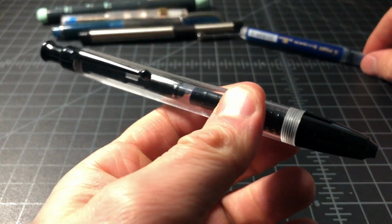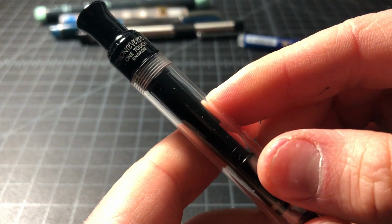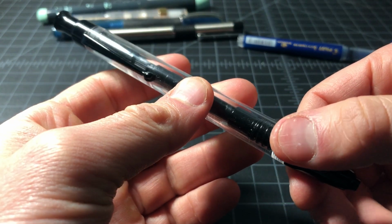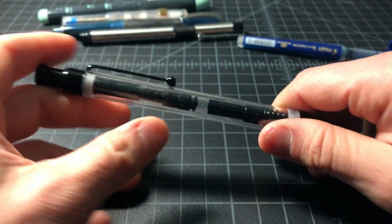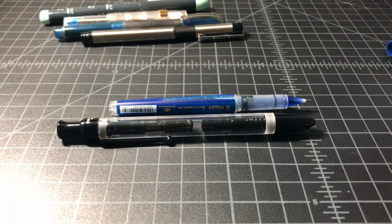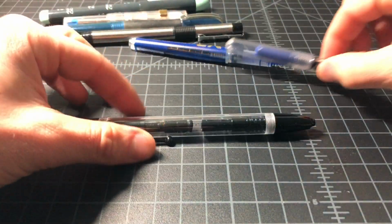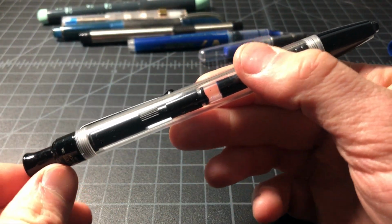This one right here is called a Monteverde Engage One Touch or One Touch Engage, something like that. And this is actually one of the highest end pens in the series, like this style, I guess. It sells for maybe $60, $70, something like that. I bought this one used. And this is a really large pen. Look at it next to this. And here it is next to. So it's a really big pen, and it uses a push button mechanism that sort of only works when it's